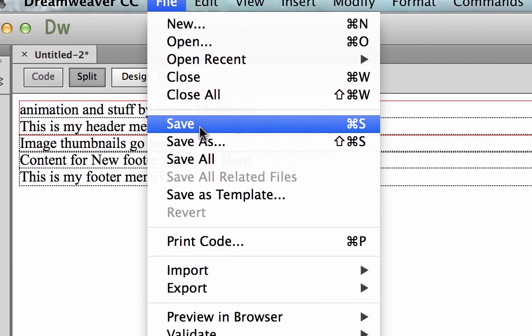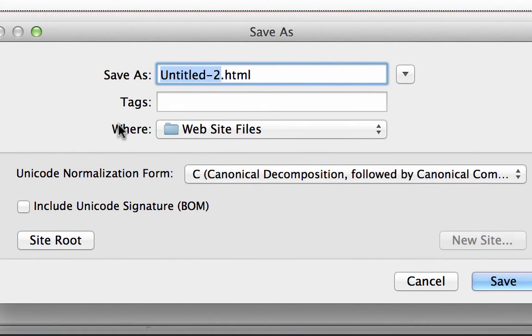Now this is important. My home page needs to be called index.html. My server expects this to be the name of my home page. In fact, when somebody goes to my website, my server will look for a file called index.html, and that file will be displayed to the visitor.